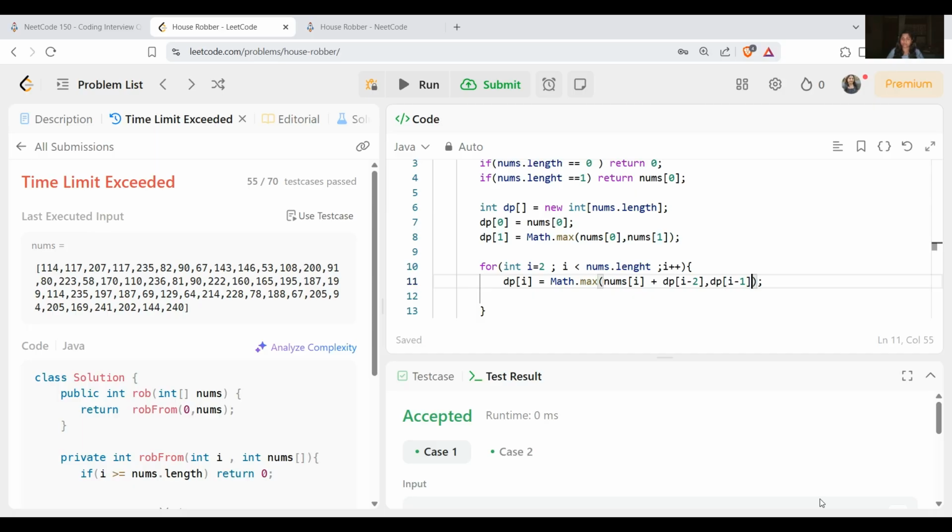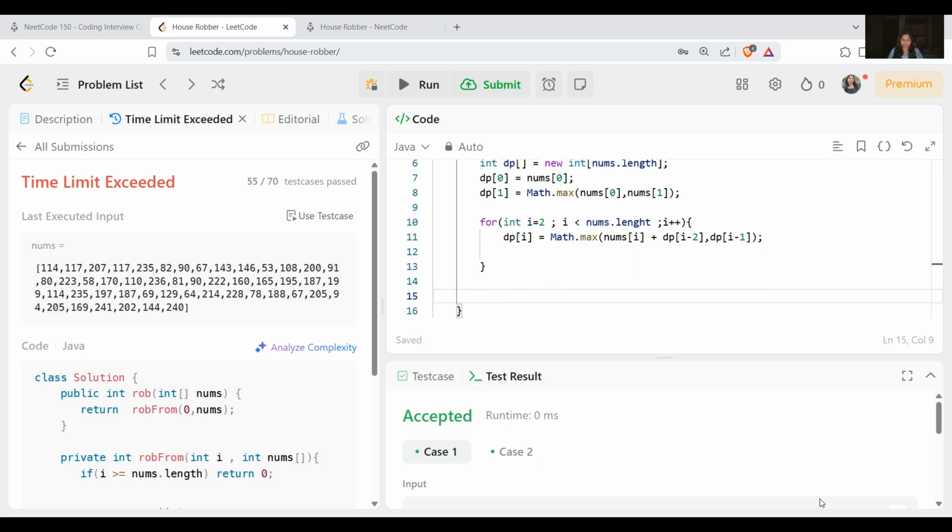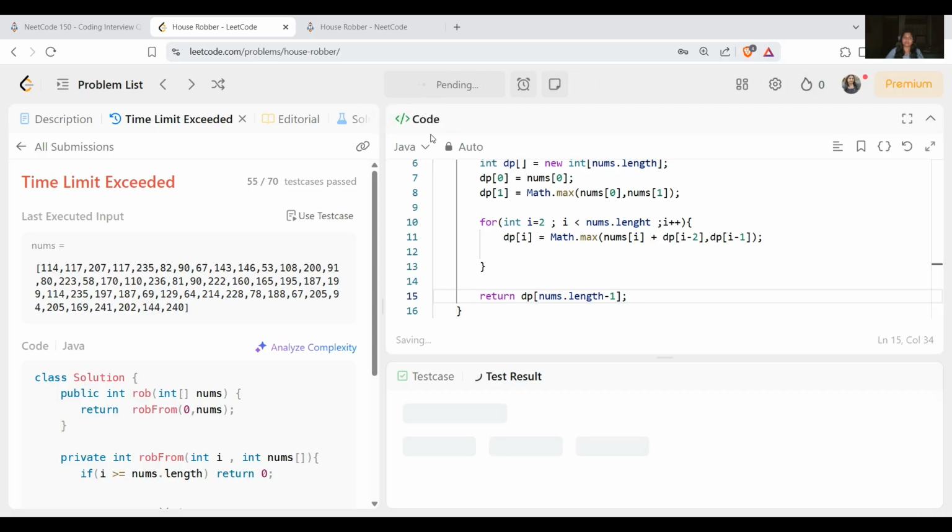After that we simply return dp[nums.length minus 1]. This is done. Let me run this code.